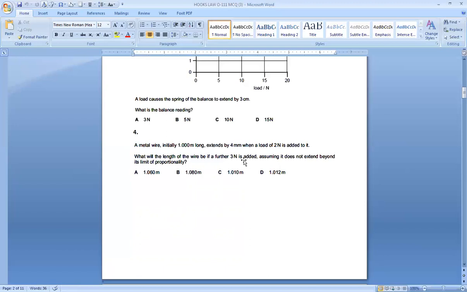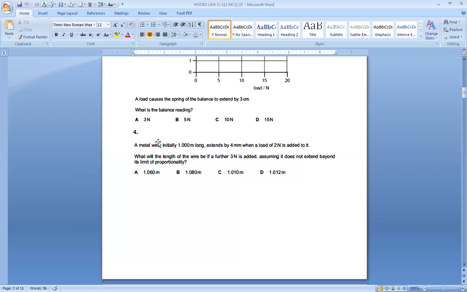If you compare these two values, for 2 Newton there is an extension of 4. For 5 Newton, what is the extension? If you calculate the extension, it will be 10 millimeter. If you change millimeters into meters, you have to divide by 1000. So that gives you 0.01 meter. Extension is 10 millimeter, but answers are in meters. I have to change the extension into meters. For that purpose, 10 millimeter is divided by 1000. To change it into meters, I'll get 0.01.